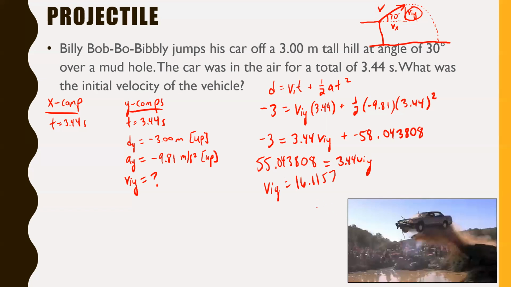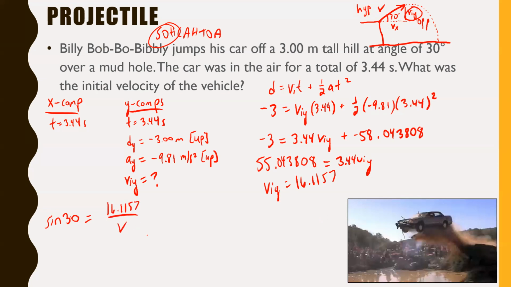We want our true initial velocity of the vehicle. So looking at our diagram that I drew in the top right-hand corner, that can help us. Notice that VIY, which we just found, would be our opposite side. The true velocity would be our hypotenuse. Opposite and hypotenuse, if you come out of SOHCAHTOA, is going to be sine. So I'm going to go sine of 30 equals opposite, which is 16.1157 over hypotenuse, which